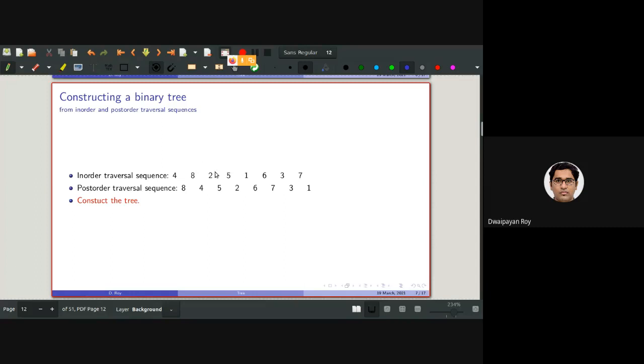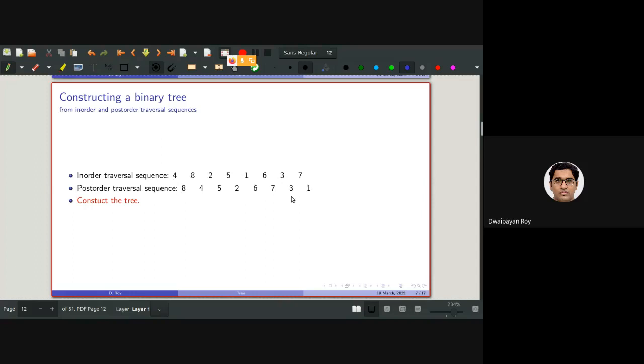Now, I'm giving the in-order and post-order traversal of one tree. Can you construct this tree? The in-order traversal sequence is this: 4, 8, 2, 5, 1, 6, 3, 7, and so on.